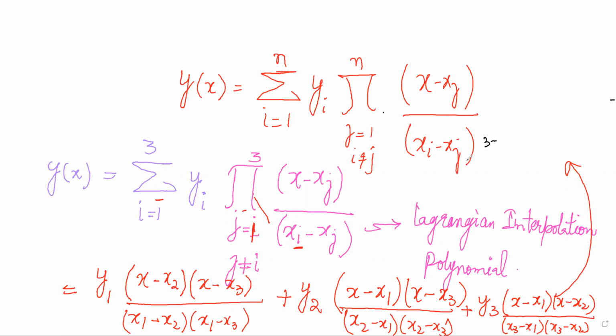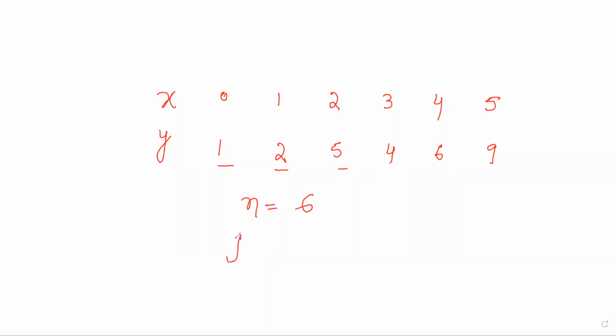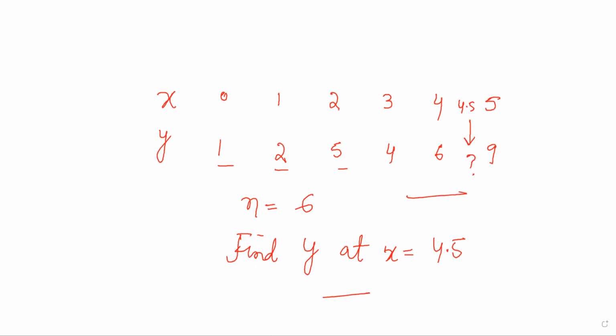Now if you have a problem like this, you are given x and y. x is equal to 0, y is equal to 1; x is equal to 1, y is equal to 2; x is equal to 2, y is equal to 5; x is equal to 3, y is equal to 4; x is equal to 4, y is equal to 6; and x is equal to 5, y is equal to 9. So your number of terms are 1, 2, 3, 4, 5, and 6. n is equal to 6. Find y at x is equal to 4.5. Now tell me, if you have x is equal to 4.5, what is the corresponding value of y? Use the Lagrangian interpolation formula for n equal to 5 number of